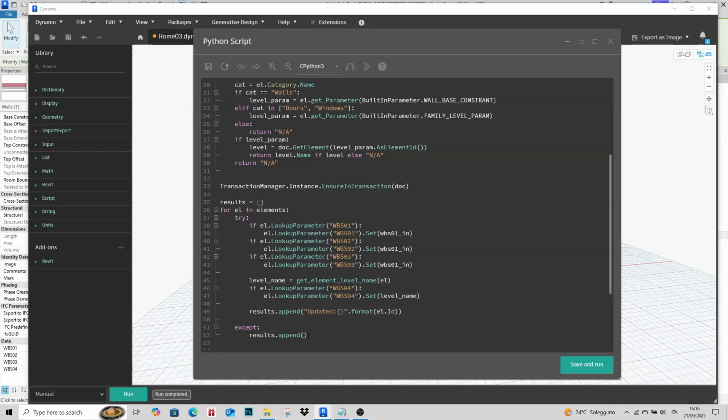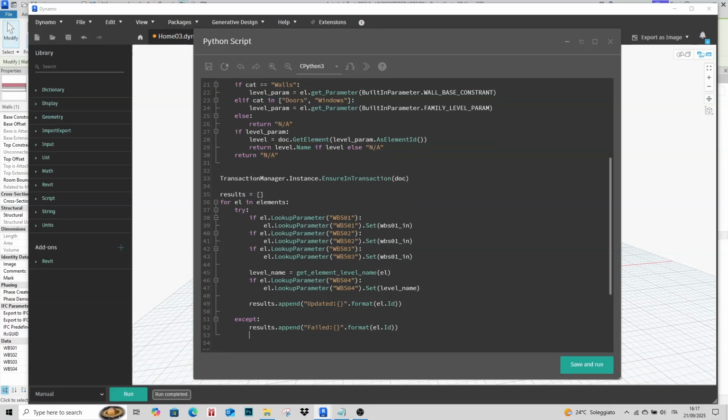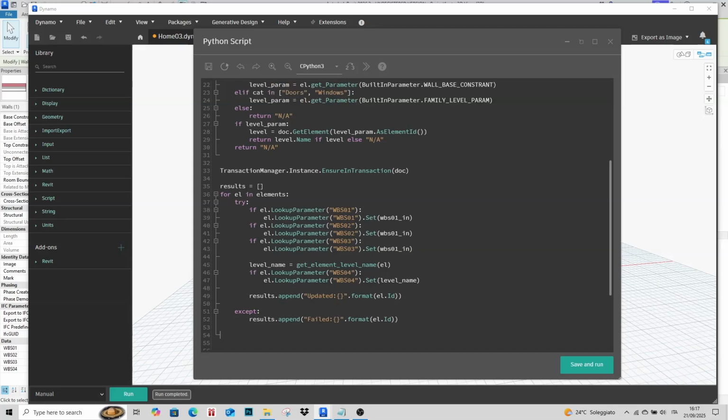We say like failed. Format again, element ID. We get out from try and except